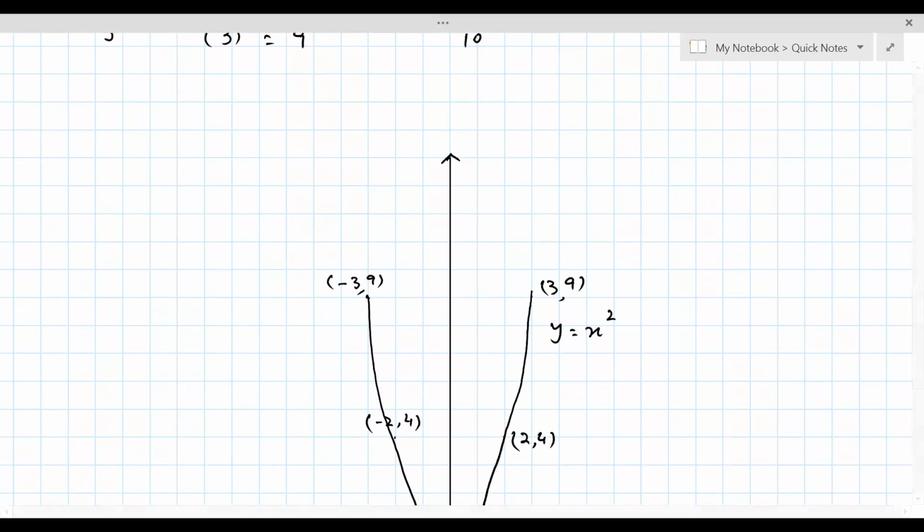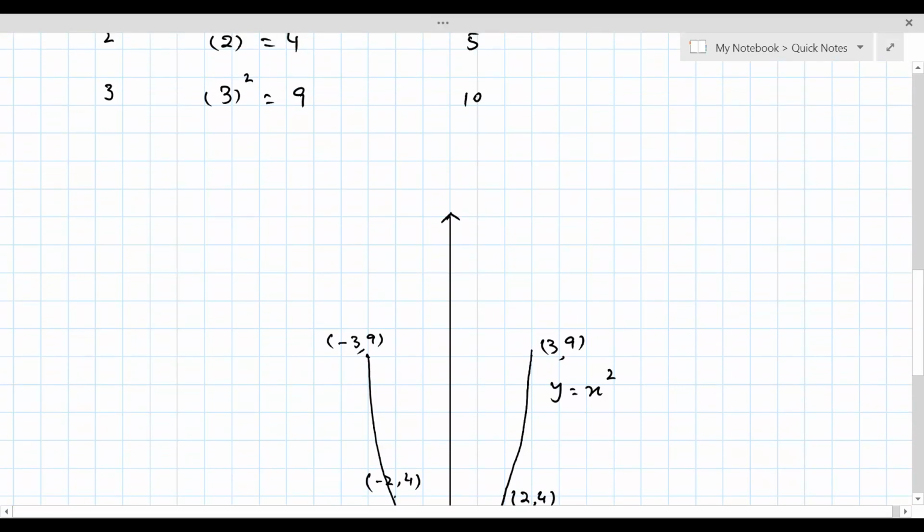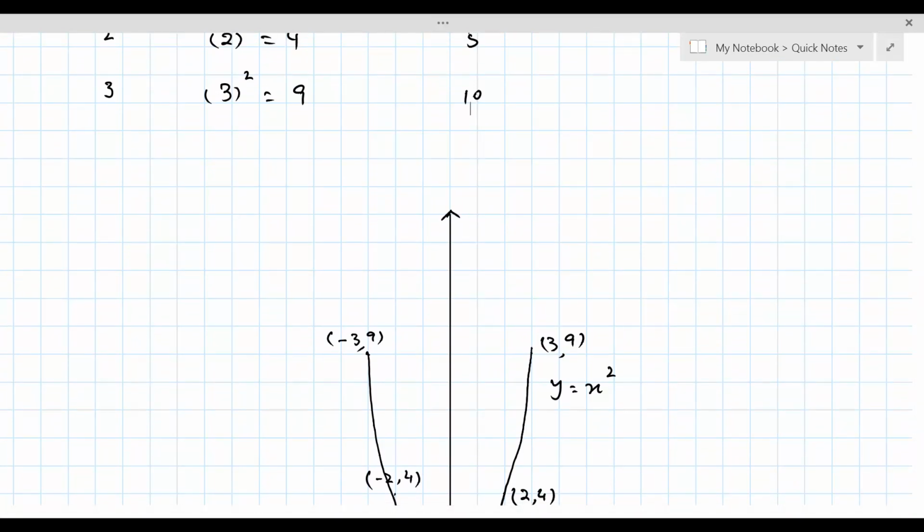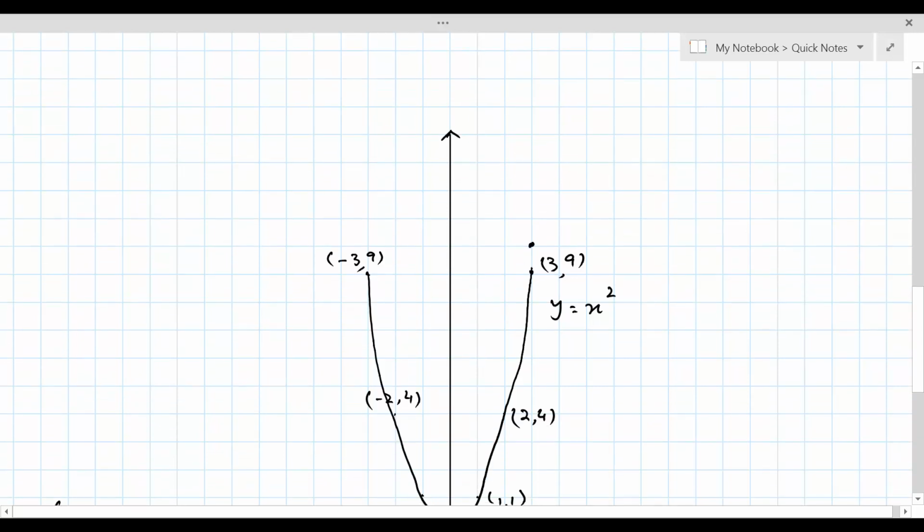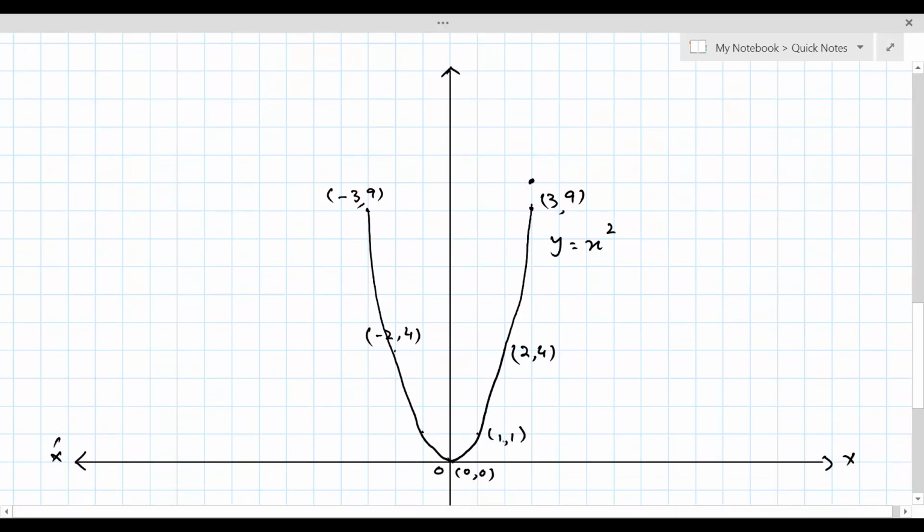So where we had 3, 9, now we have 3, 10. If this 3, 9 was right here, now we'll have 3, 10, that will be here, and 2, 4 has gone right here. 1, 1 is right here. Similarly, this point is here and this point is here. So now we can draw the new graph